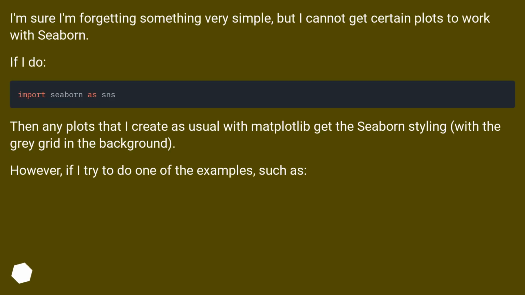Seaborn plots not showing up. I'm sure I'm forgetting something very simple, but I cannot get certain plots to work with Seaborn. If I do this, then any plots that I create as usual with matplotlib get the Seaborn styling, with the gray grid in the background. However, if I try to do one of the examples, such as this,